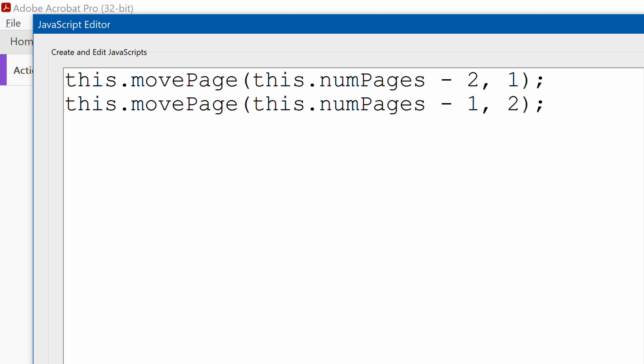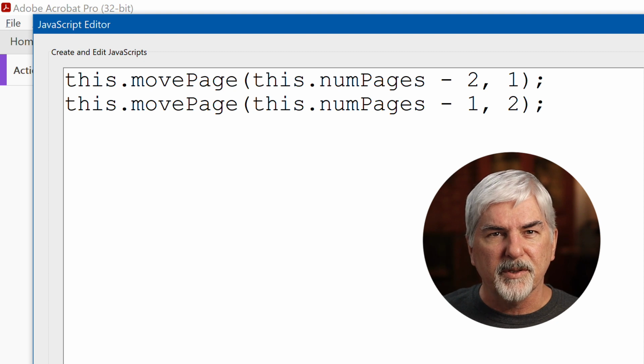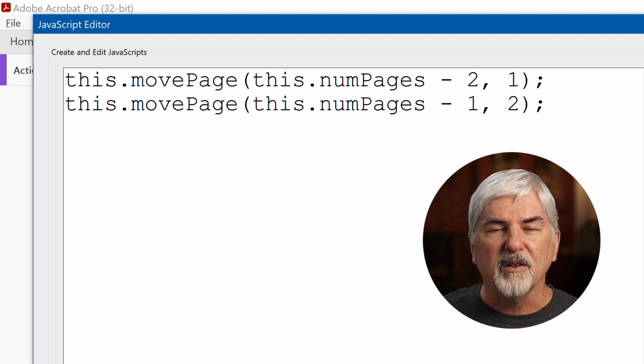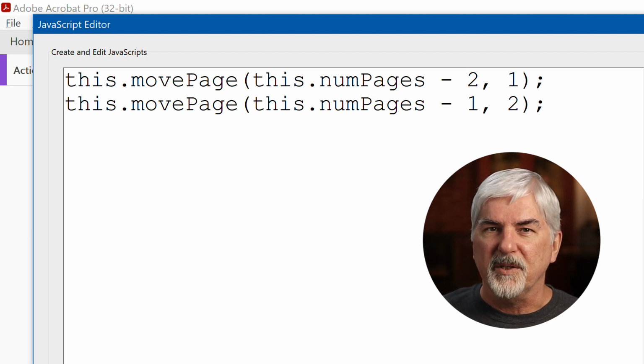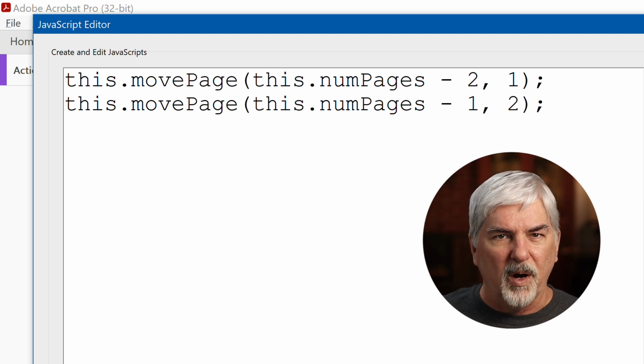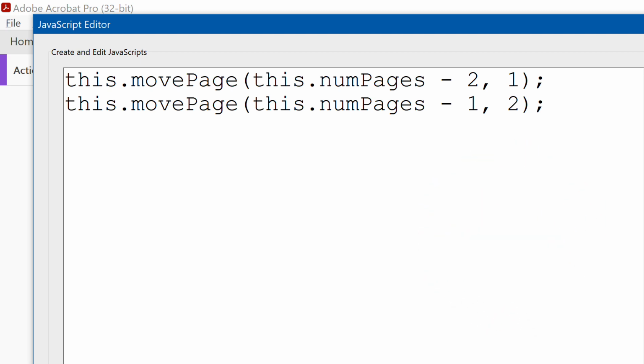But one important thing to know if you don't already. For computers, any collection of things, like pages, are zero-indexed, meaning counting them begins at 0, not 1 like us humans do. So what we think of as page 1, the first page, to a computer is number 0. So, keeping that in mind, the first line moves a page equal to the number of pages, which is 40, minus 2. 38. That's the index for page 39, the inside back cover. The second value is where to move it. After index 1, the index for page 2.